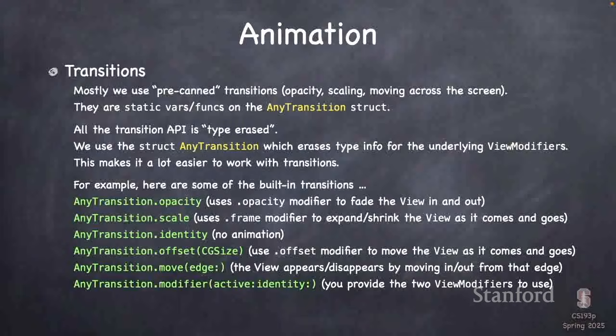And the reason that's called identity, anyone guess why it's called identity? Yeah, because the two view modifiers are the same. The one before and after, they're the same. They're identical, and so no animation will happen between those two. There's offset, that's moving the thing, probably off the screen. And then move to edge is kind of fun. You can move the thing to the leading edge to make it disappear, or move it to the trailing edge,